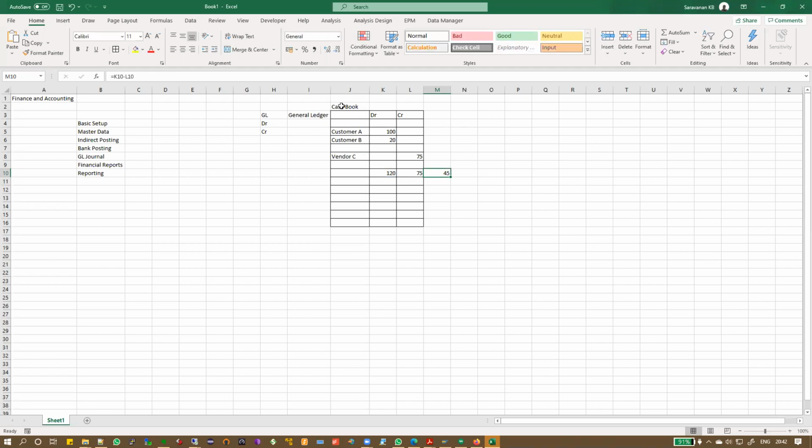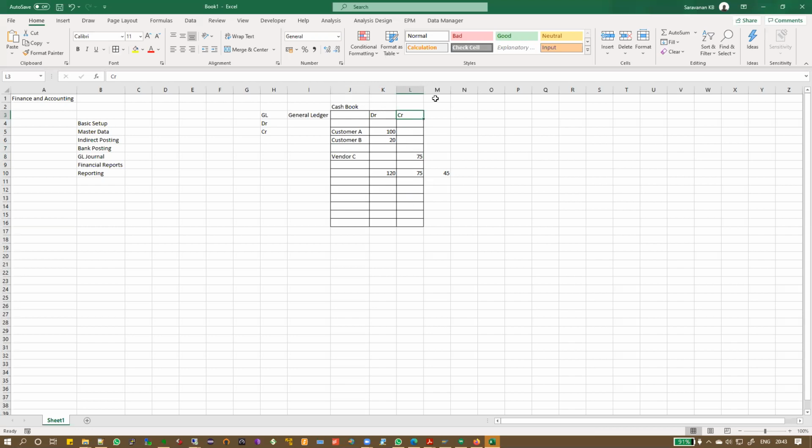This kind of accounting is called single ledger accounting. What I mean by single ledger is that here the general ledger is the cash book. Cash book is the name of the ledger. These are the debit entries and these are the credit entries. I said credit and debit, but in single accounting there's nothing called debit and credit. There's just incoming and outgoing. But for the sake of clarity, I'm saying debit and credit. So this is called the single method of accounting.